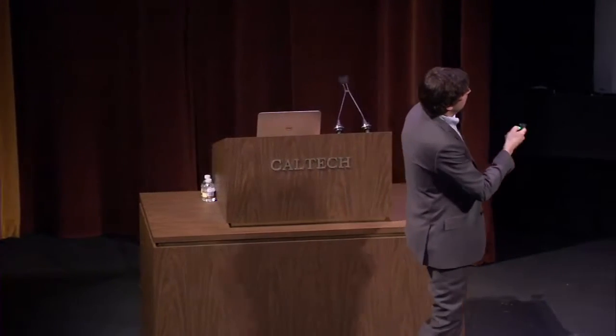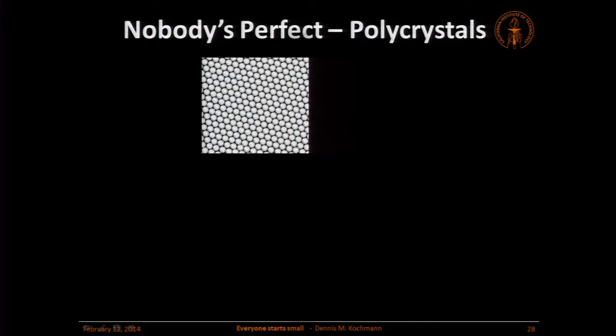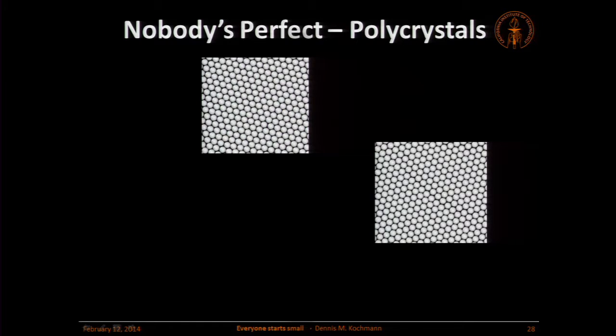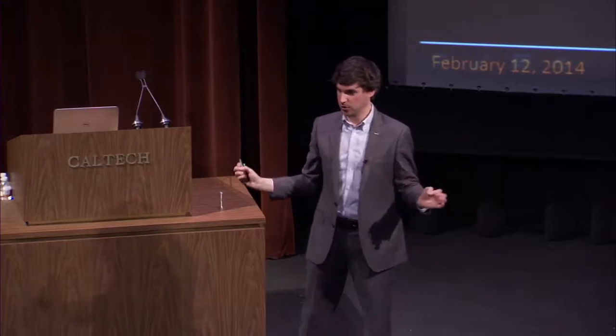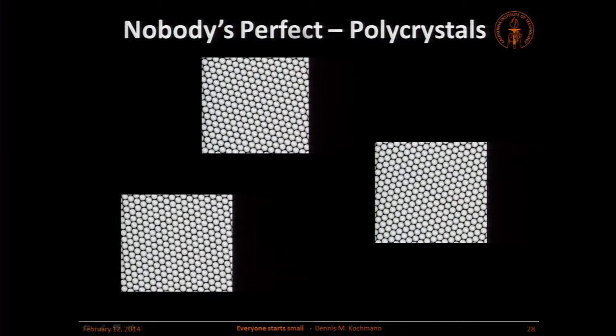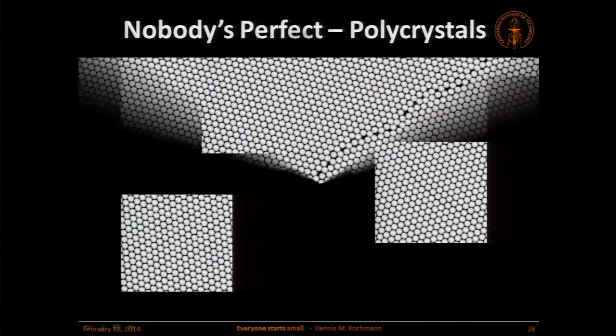And if you take a metal, let's say all the atoms are lined up neatly like this, I could take this and rotate it slightly to the left. Now the structure looks like this. It's exactly the same structure, it's just rotated. So all the neighbors, all the distances to the neighbors are still the same. I could do the same to the left, rotate it this way. It's again the same crystal structure. So how does a metal know which one it wants? Well, it can't decide. It picks all of them.